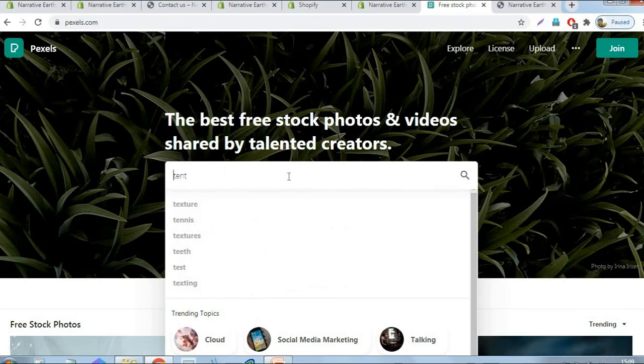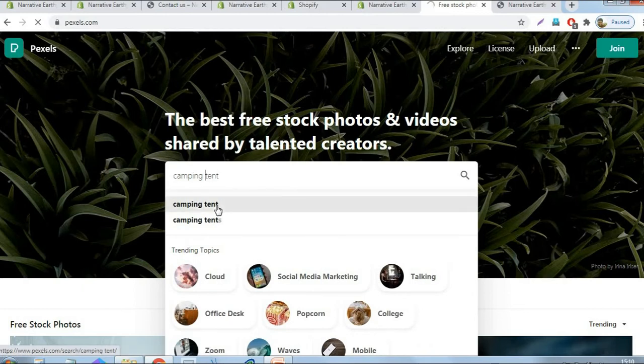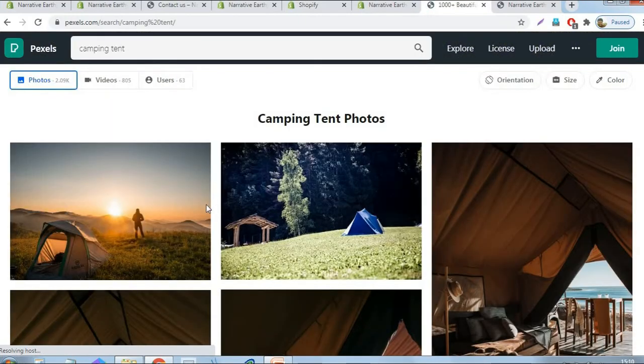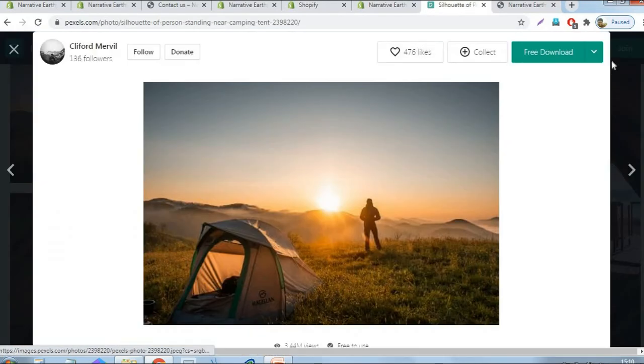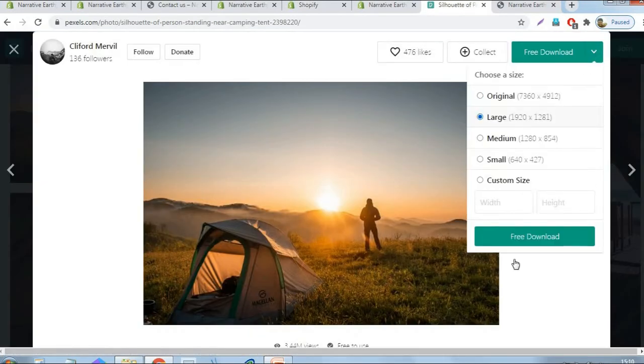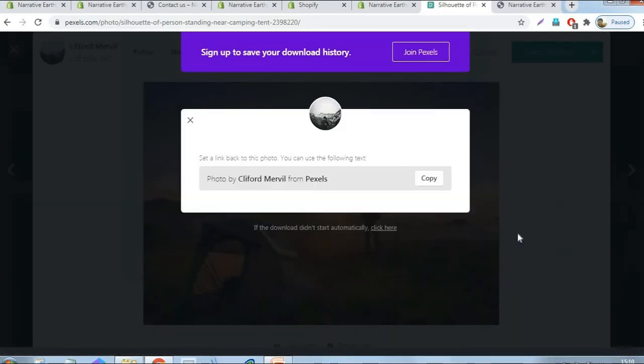Tent. Attractive. Yes, this one. Just click the free download button.